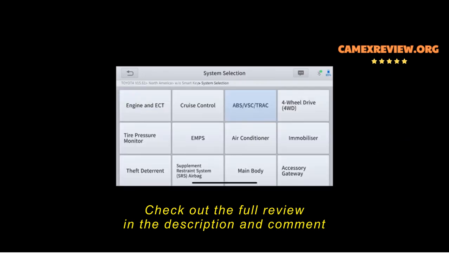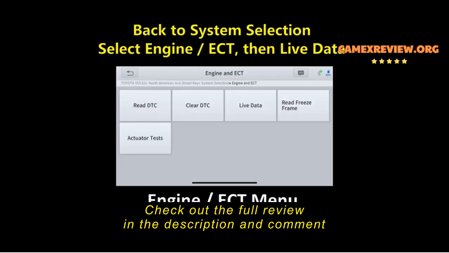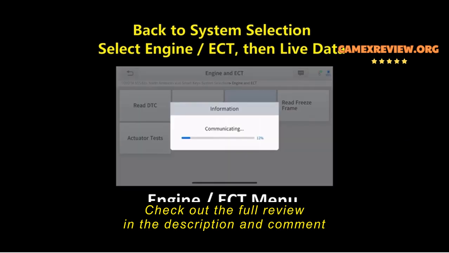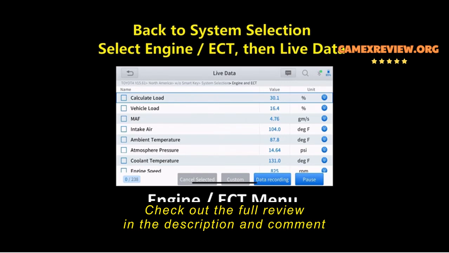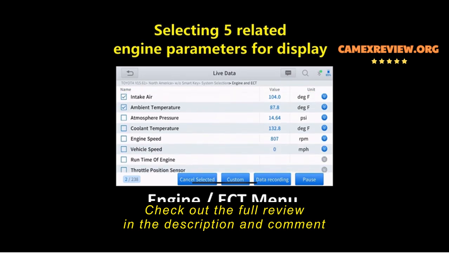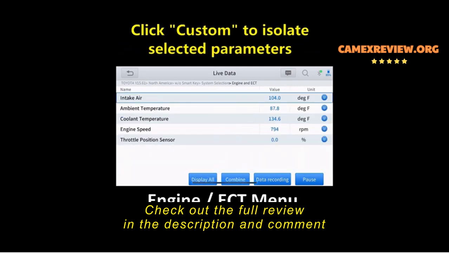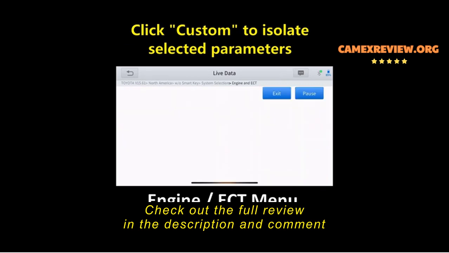Let's go to the Engine/ECT menu to demonstrate the display of data from multiple sensors. This is useful in determining specific causes of problems that affect similar vehicle functions. For this example, we click on 5 parameters and use the Combine button to simplify the data displays. We can examine the numerical values of each sensor on the running vehicle and then plot all the sensors while